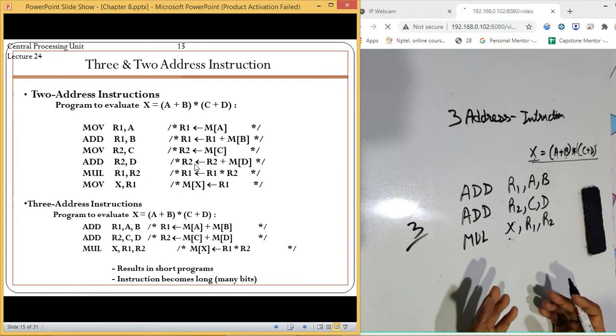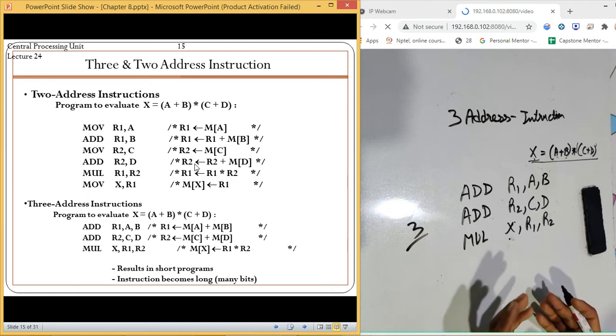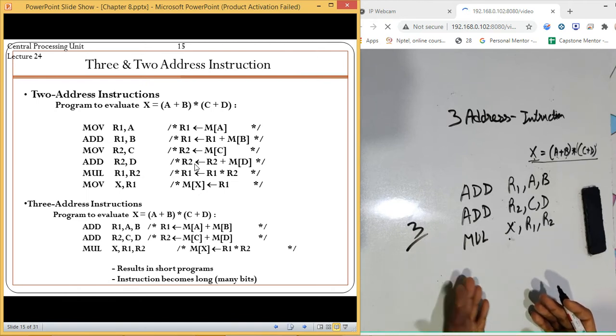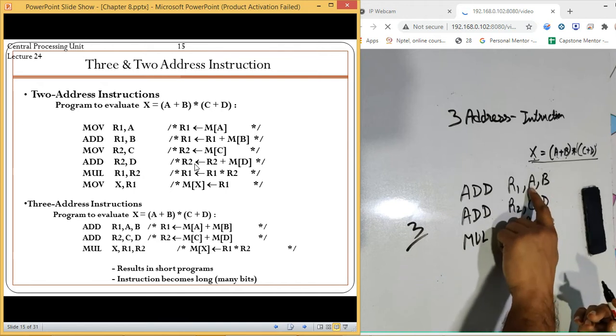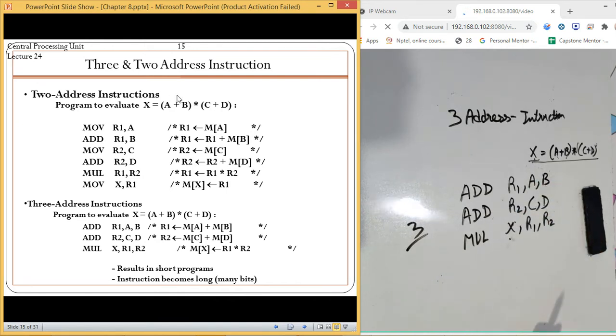We need to be aware that in how many number of execution cycles it will be completed, because it is going to access registers, and it is having two different memory locations to access, because you can see it at this place. When we are referring to this value, we have to refer two times to the memory. So firstly to get the data of A, then to get the data of B. So there are two memory accesses.